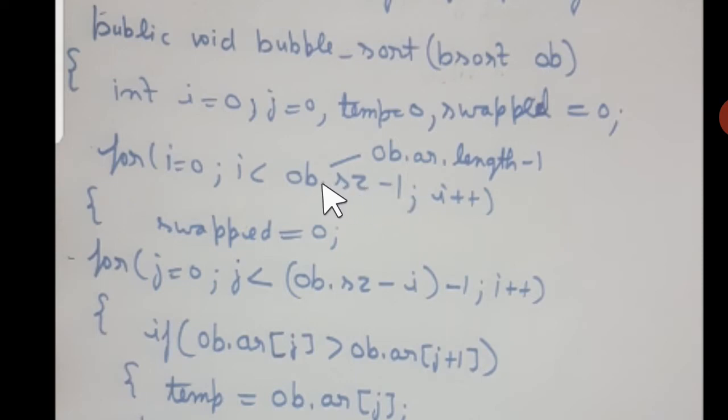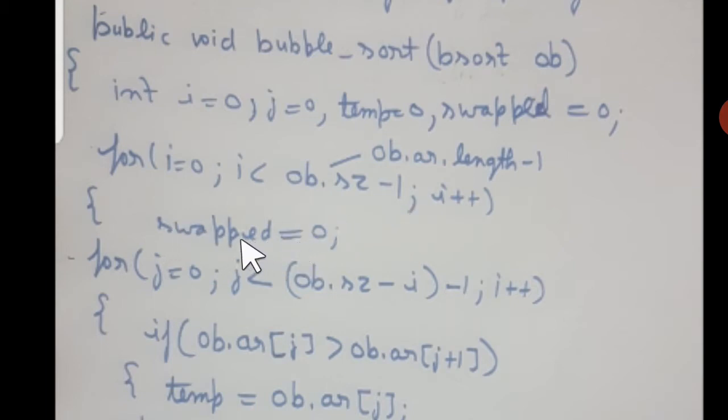That means if the array size is 5, how many passes are going to be performed? Only 4. So here we begin with 0, and if I write less than 5, it will be performed 0, 1, 2, 3, 4, that means 5 times. And here I need 4 times. So that is why less than is required and minus 1 is also required. And i++ definitely for moving ahead.